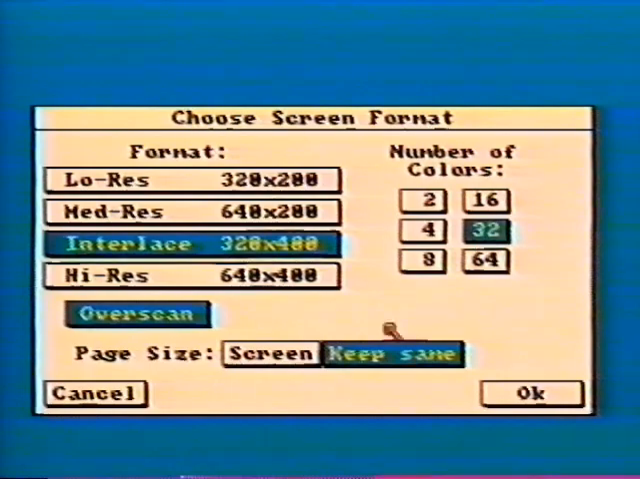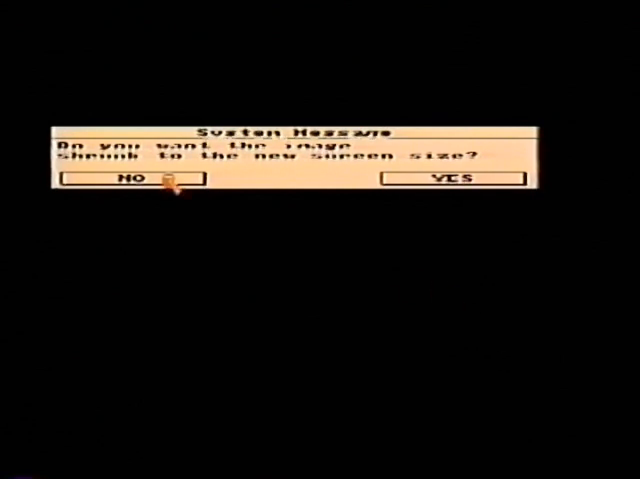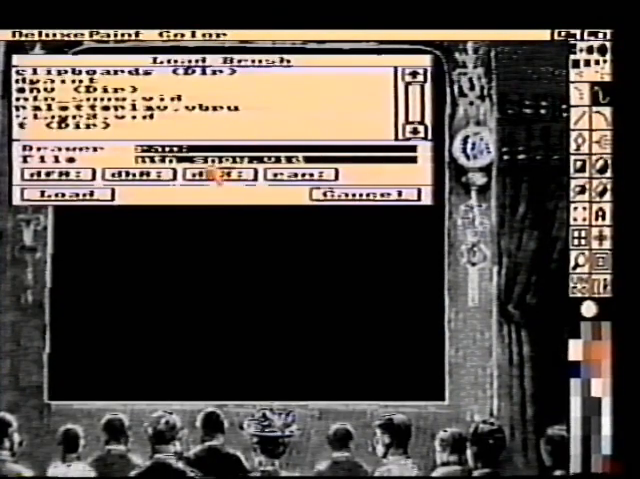Here I've loaded the picture, stage 2. Change the screen format to 32 colors and page size screen. Now load as a brush the picture Mountain Snow,